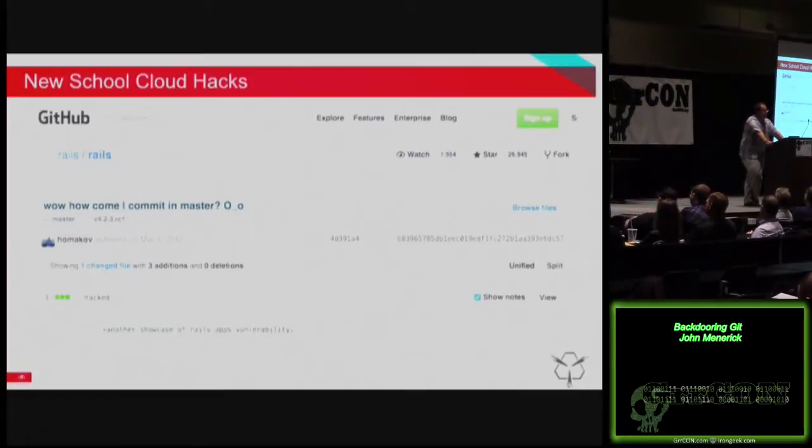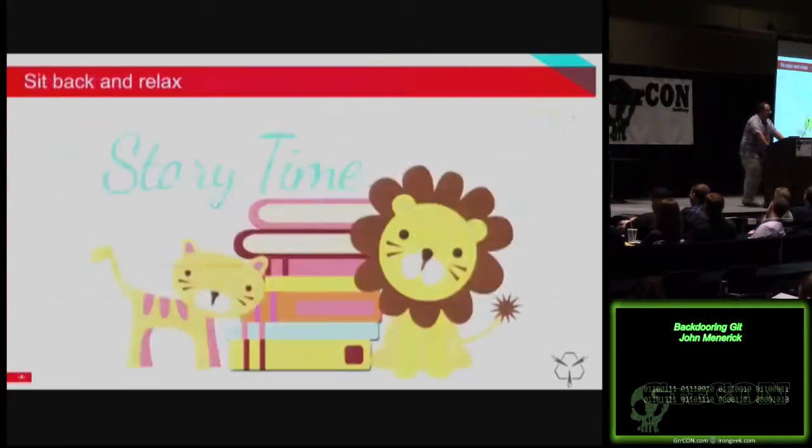So security researchers stereotypically do not have the best social skills or problem solving. So he went straight to GitHub, to the Rails repo, and just said, yeah, look at this. Really? I can commit to master. And all he did was find one of the keys for those who had commit or push access to GitHub's Rails repo and just put his own in there. And then off he went. So the interesting part is just kind of sit back for a minute and think